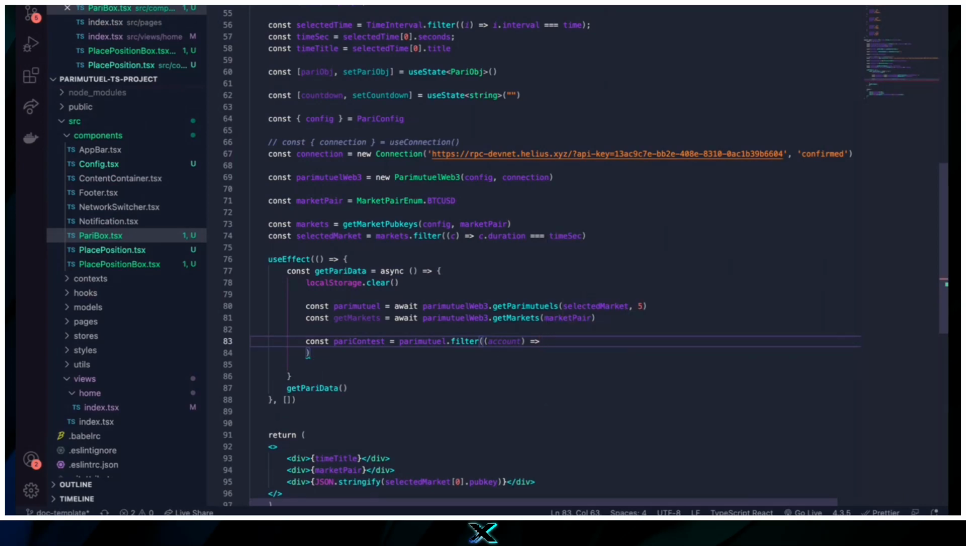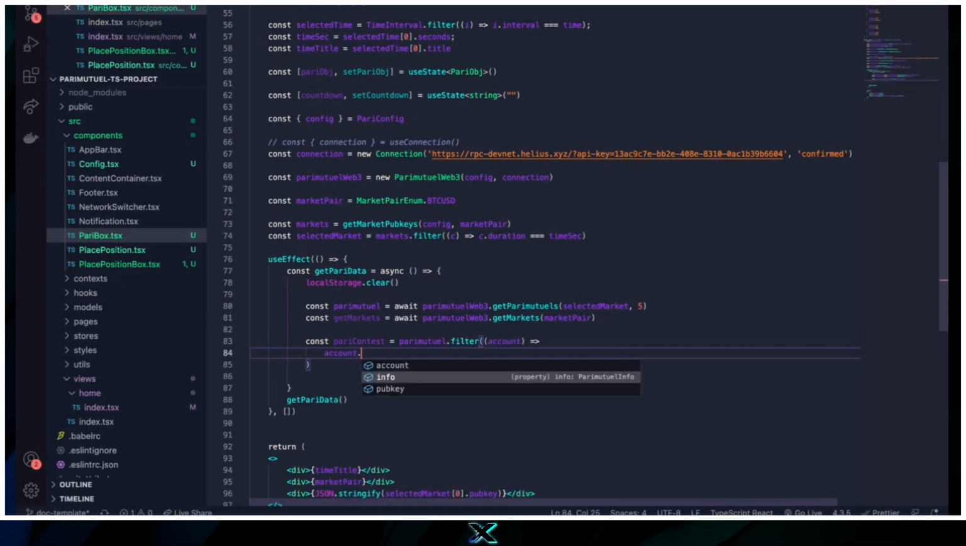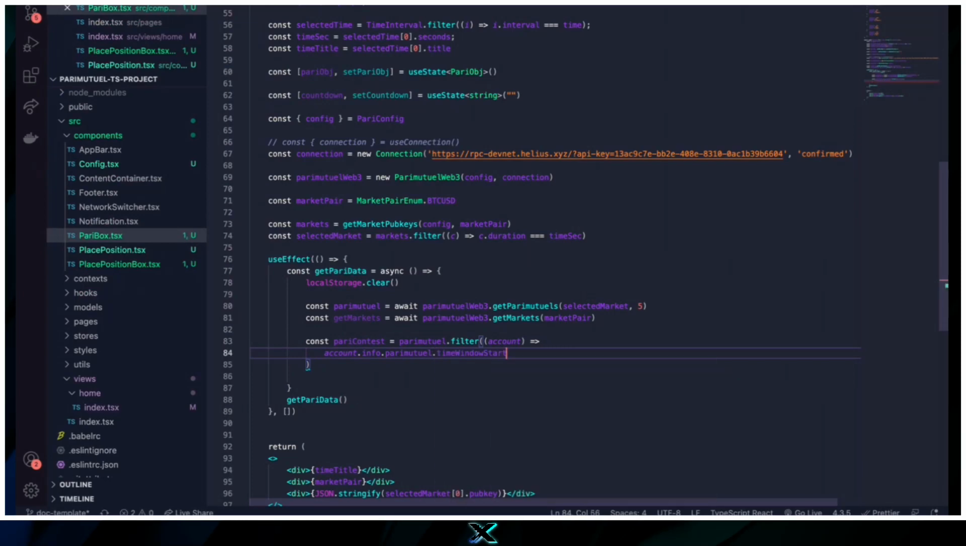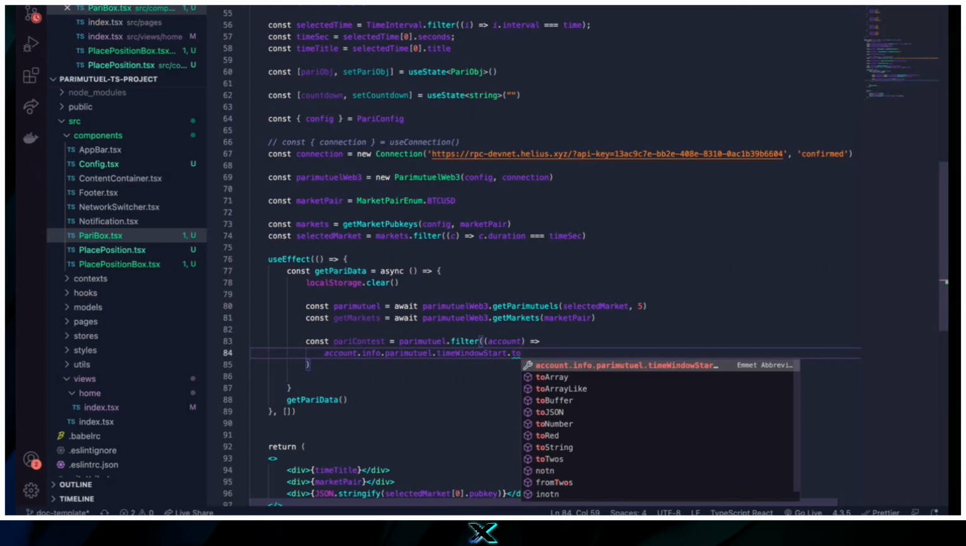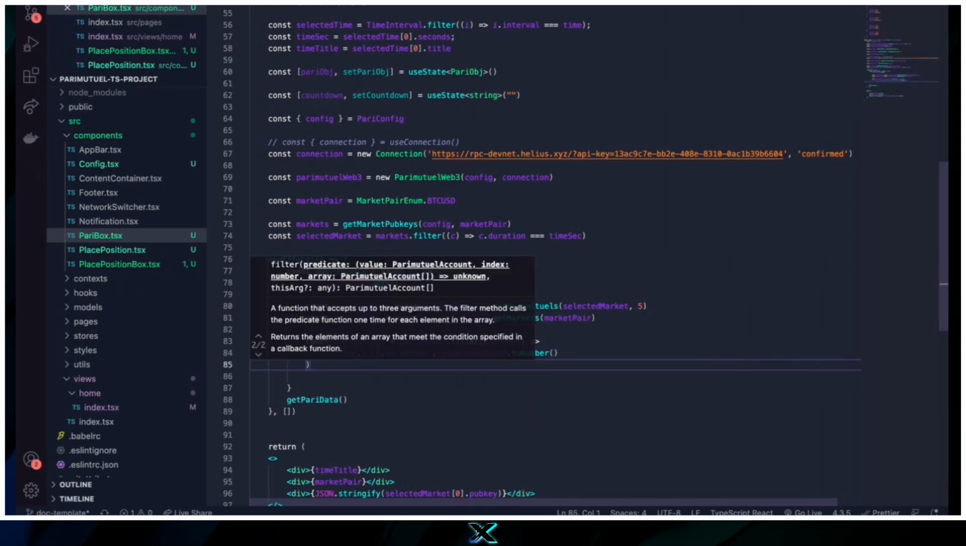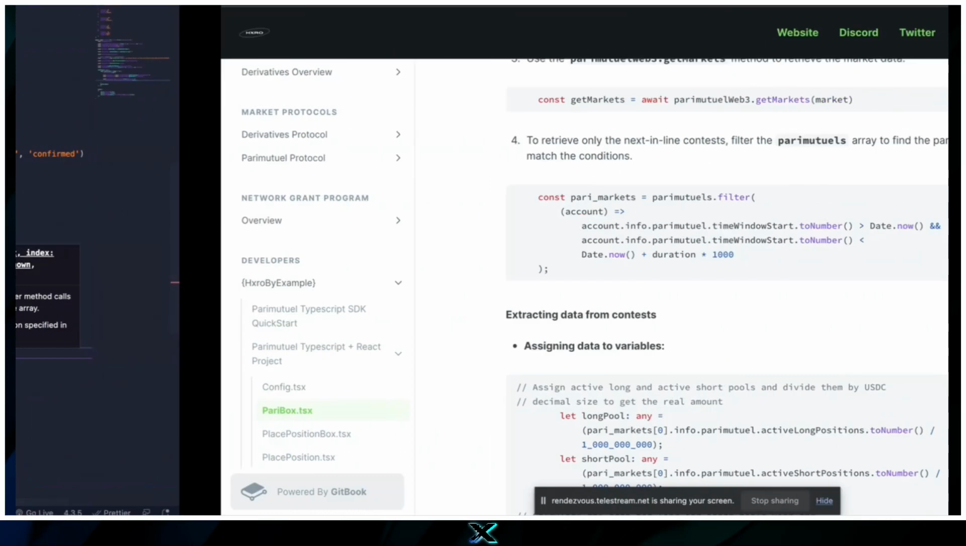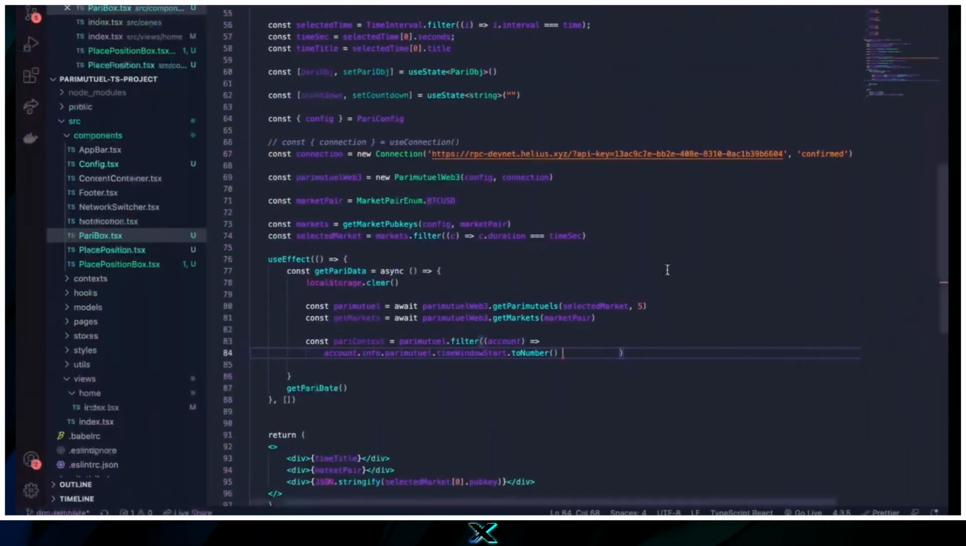All right. So from account, now we can actually start filtering. So we're going to do account dot info, or mutual. Let's get inside our objects, and let's go to time window start, and let's put toNumber. Right, so if time window start is more than date now,